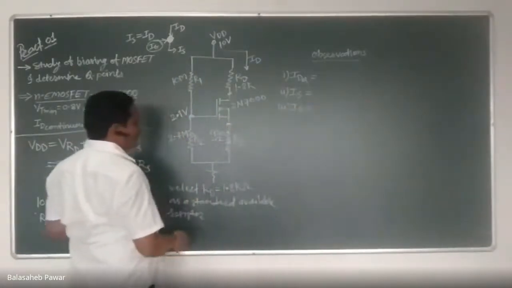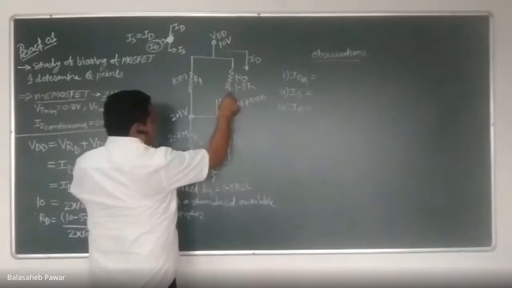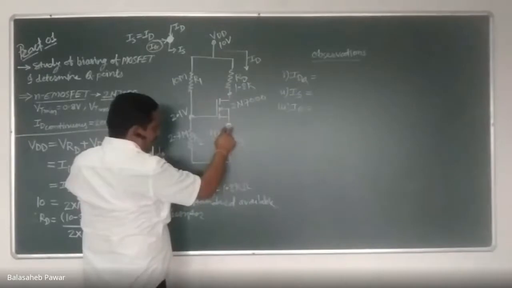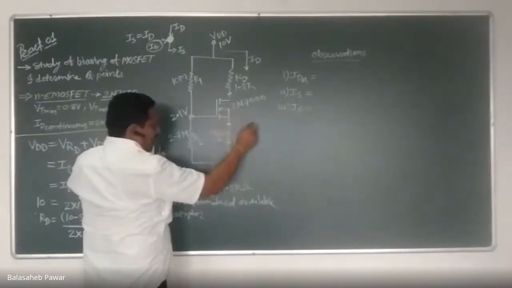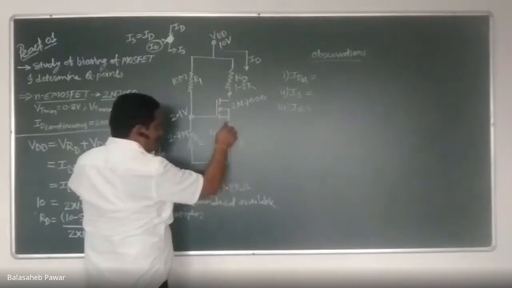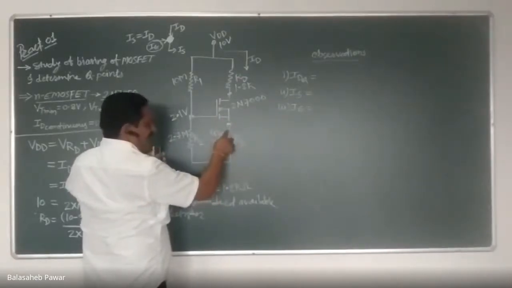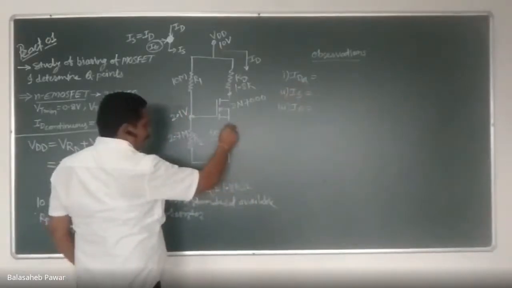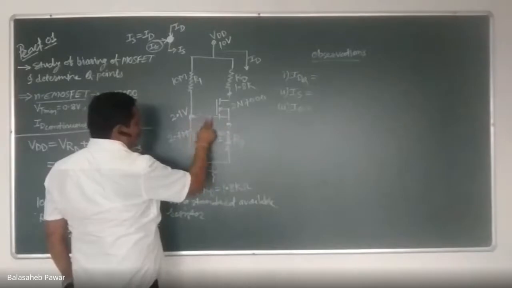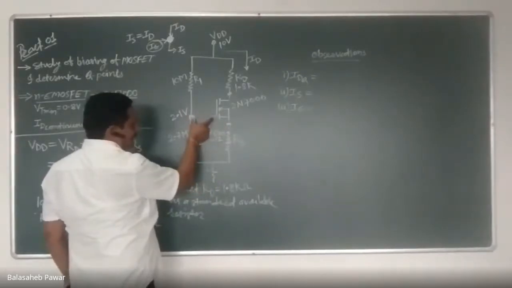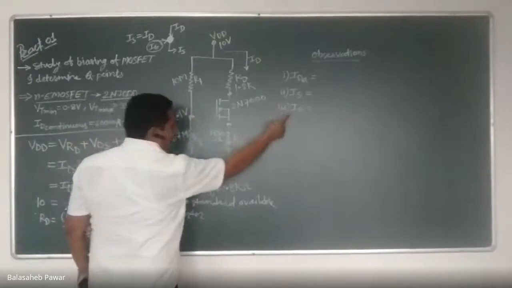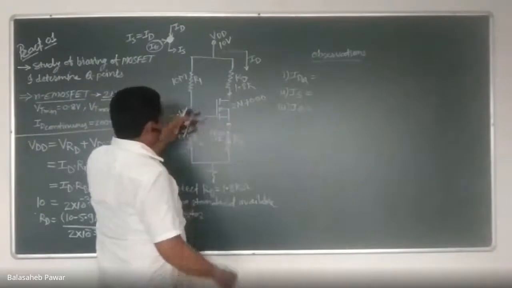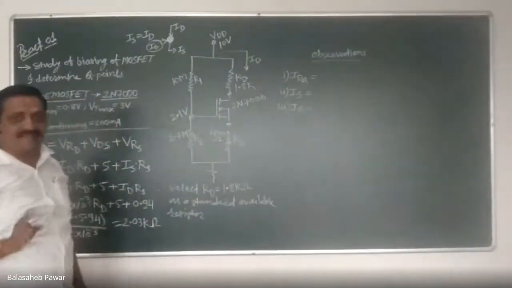IS means what? What you will do? Once you measure this ID, remove that current meter and reconnect that RD to the drain. Now open this terminal of RS and connect again that current meter in series with the source terminal and that RS, so that it can measure the value of this second one, that is IS. Again, remove that current meter, reconnect that RS as it is. Again, open this path, connect here one current meter in series, so that it will be able to measure the value of IG, right? And once you measure IG, again remove that current meter and reconnect it. Are you getting it?